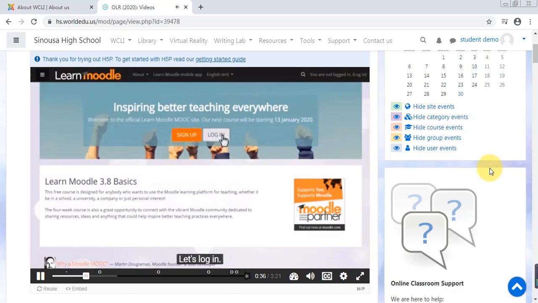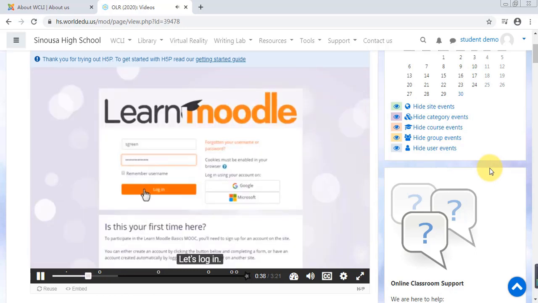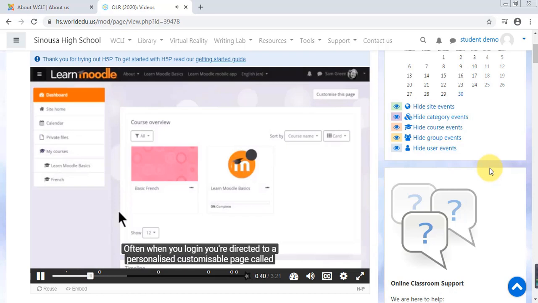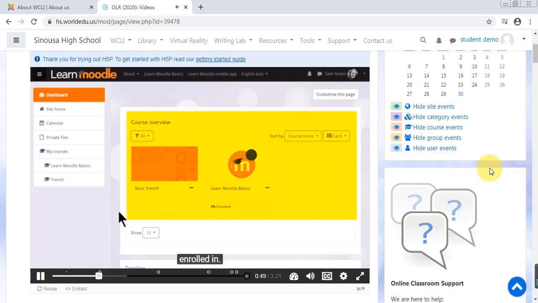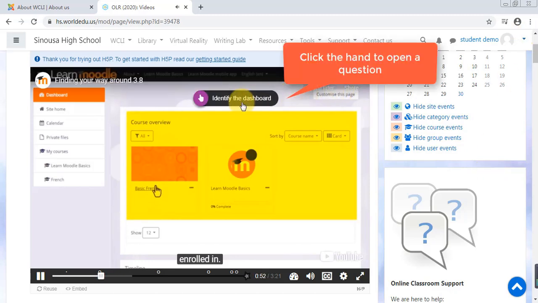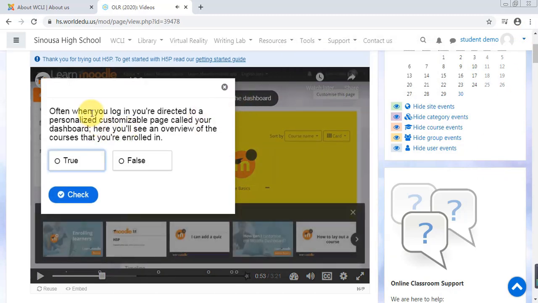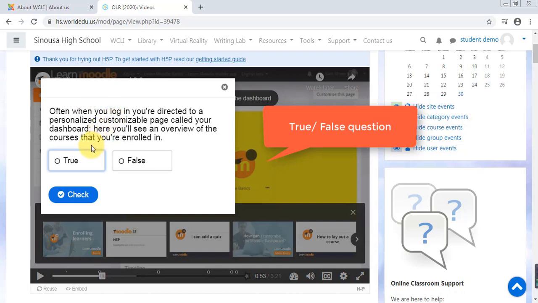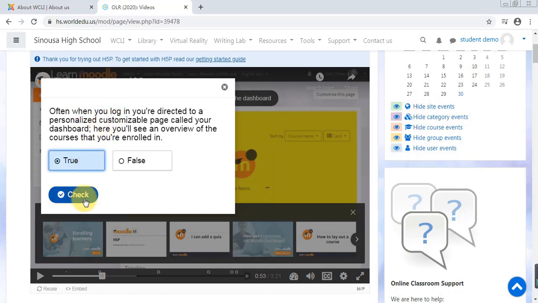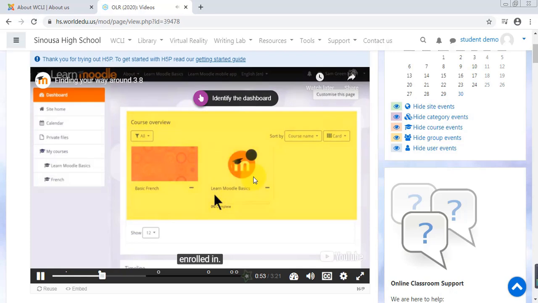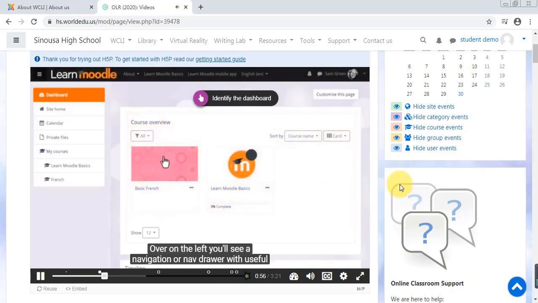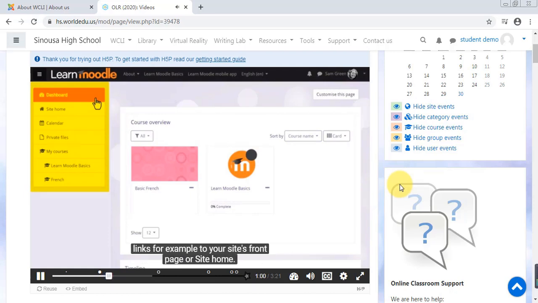Let's log in. Often, when you log in, you're directed to a personalised, customisable page called your dashboard. Here, you'll see an overview of the courses that you're enrolled in. We explore this further in our video called Dashboard. Over on the left, you'll see a navigation or nav drawer with useful links, for example, to your site's